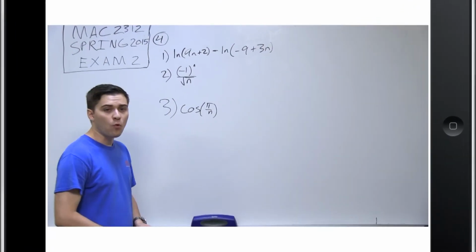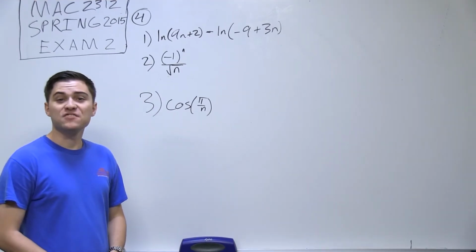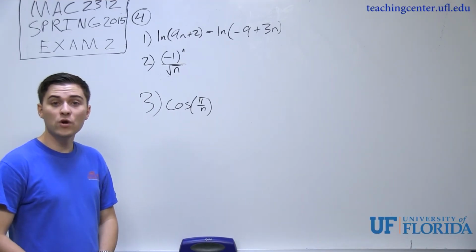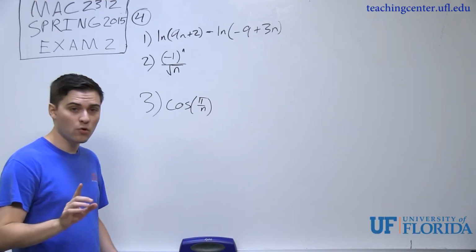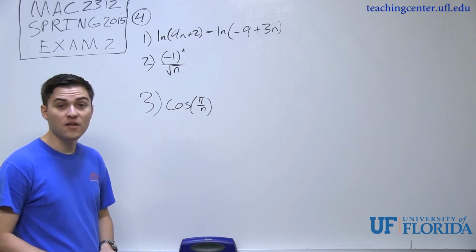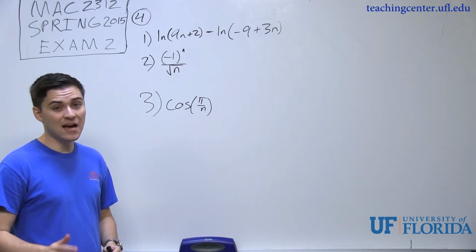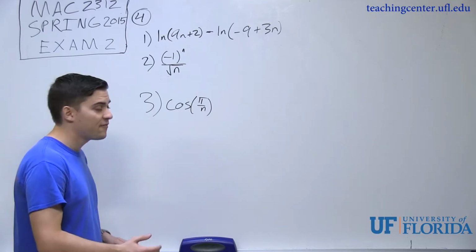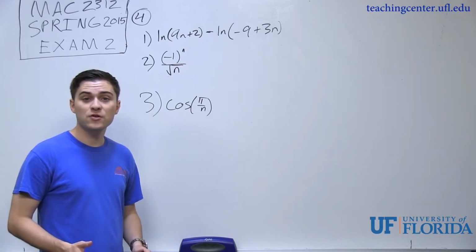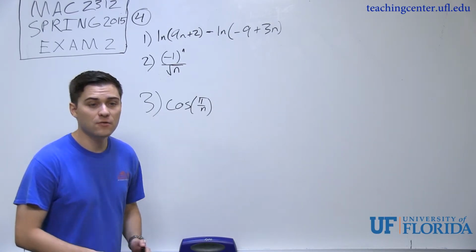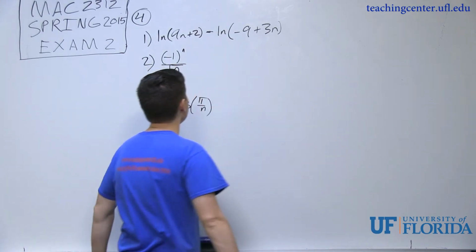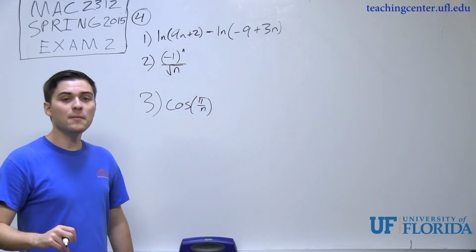So problem number 4 gives us 3 sequences and it wants to know which one of these converge. It's important to discern in this case that we're talking about sequences and not series. To figure out if a sequence converges or diverges, all we do is take the limit as n goes to infinity. So if I look at number 1 and take the limit as n goes to infinity,